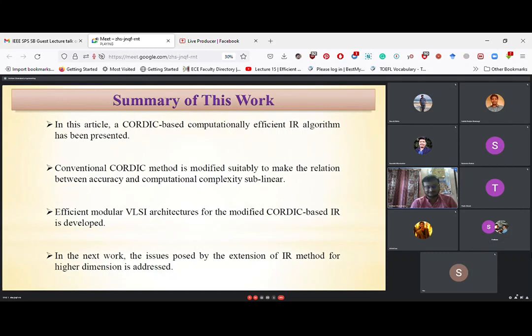You can change it. In case of hardware, we have seen that even if we can apply CORDIC, there is a limitation of CORDIC. That is the latency. The bit width depends linearly on the latency. If the bit width is more, latency is more, which also incurs the higher computation time, very high computation time. So we cannot achieve high accuracy. So there is a disadvantage. That's why we have modified the CORDIC, make the relation in a logarithmic way. Okay, so that is the challenge.